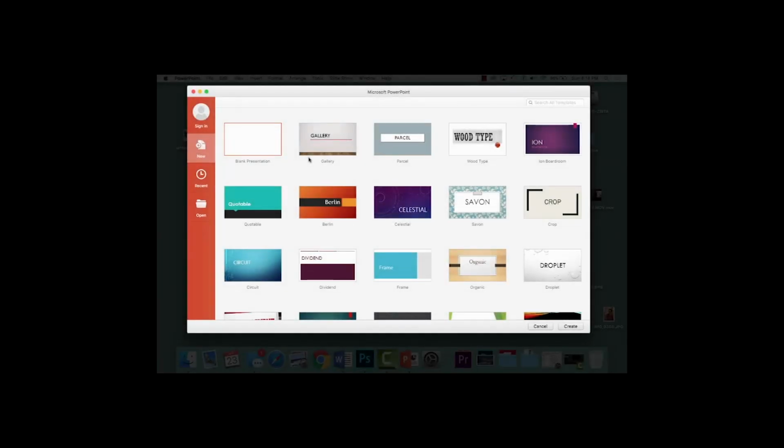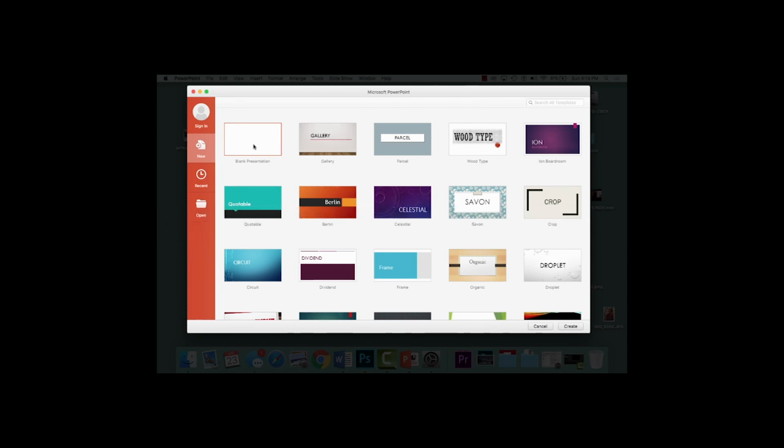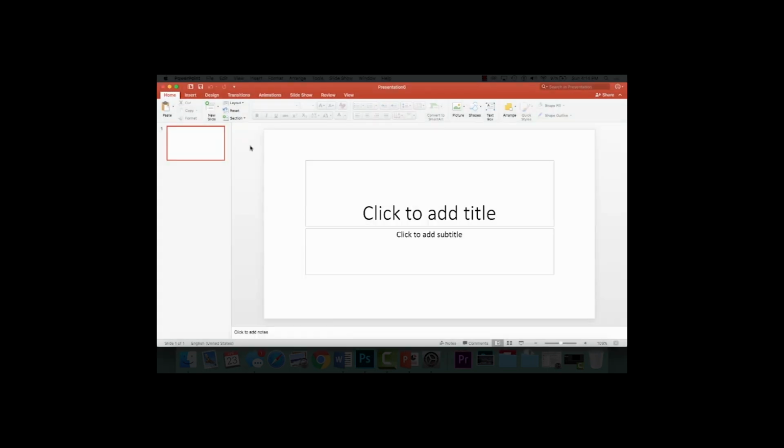In this tutorial, we will explore some best practices for creating an accessible and inclusive PowerPoint presentation. We will discuss ideal slide design, adding alt text to your visuals, optimizing hyperlinks, reading order, and working with the built-in accessibility checker. So let's start off by opening up a blank presentation, and we're going to add the title